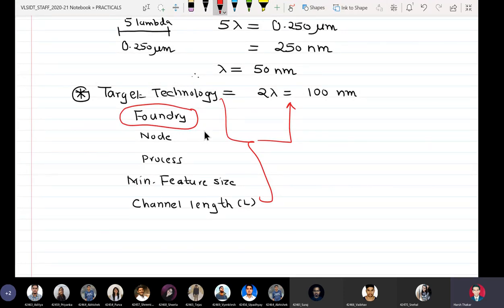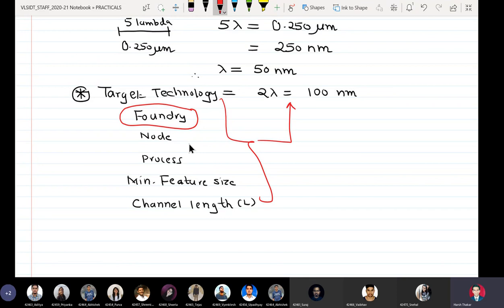Now let me tell you that it is not compulsory that you must use 100 nanometer foundry. You can also use other foundry. Suppose I have made a CMOS inverter using 100 nanometer foundry, and somebody asks me, can you make the same inverter using another foundry? Yes, I have a facility to use foundries with values both larger and smaller than 100 nanometers. And you know that in the field of VLSI, the smaller the value of foundry or channel length, the more efficient the MOSFET becomes. So smaller the value of foundry, better it is.